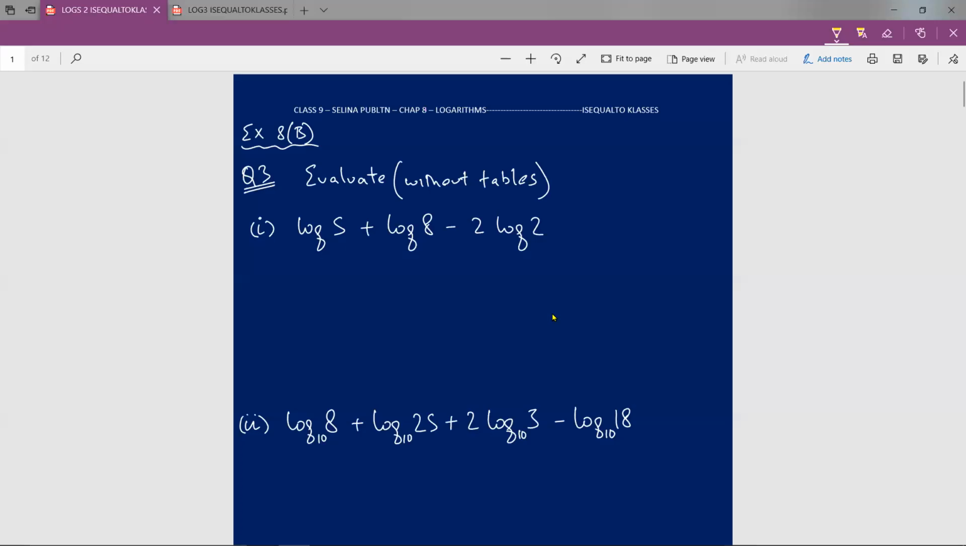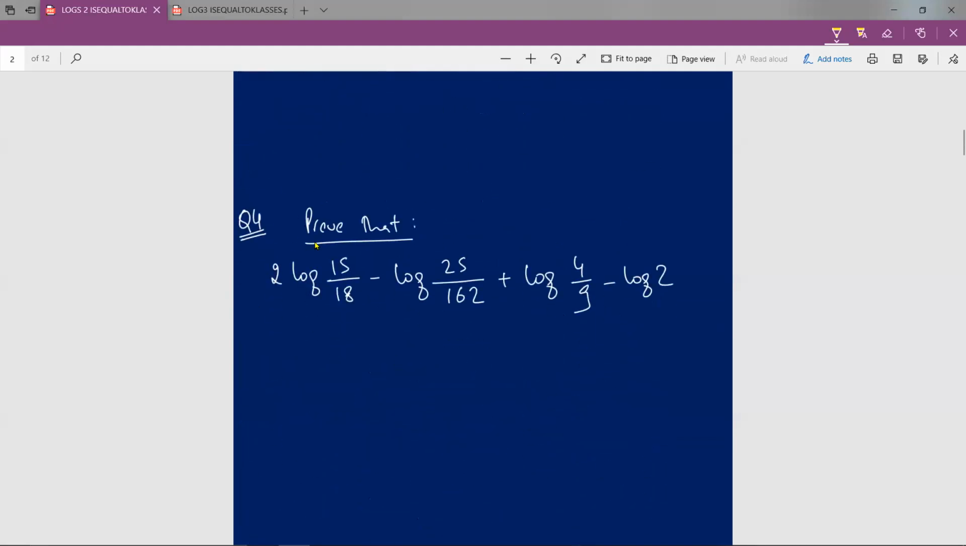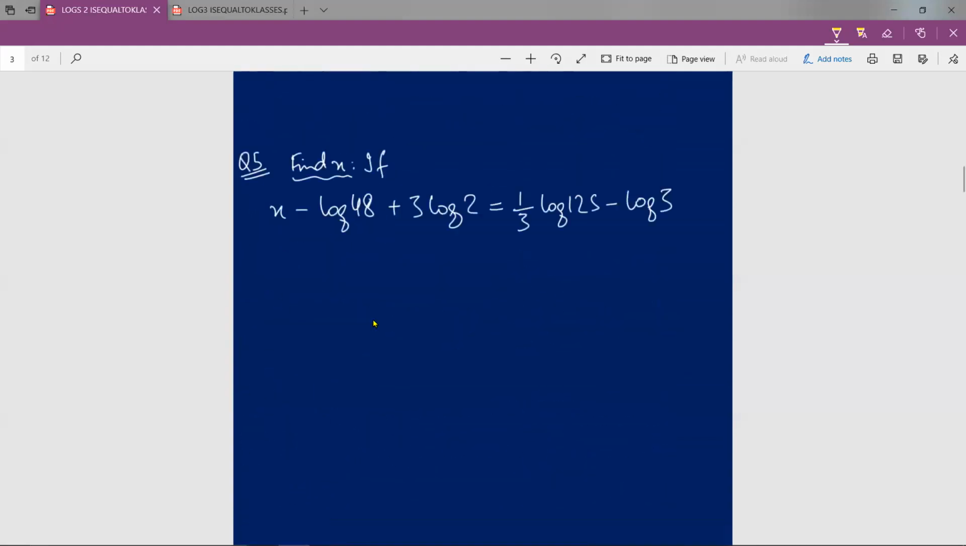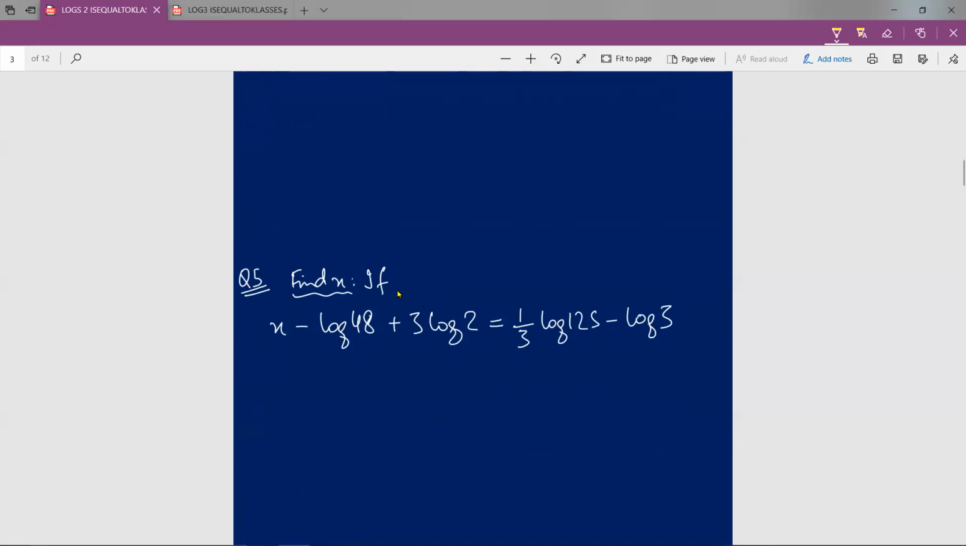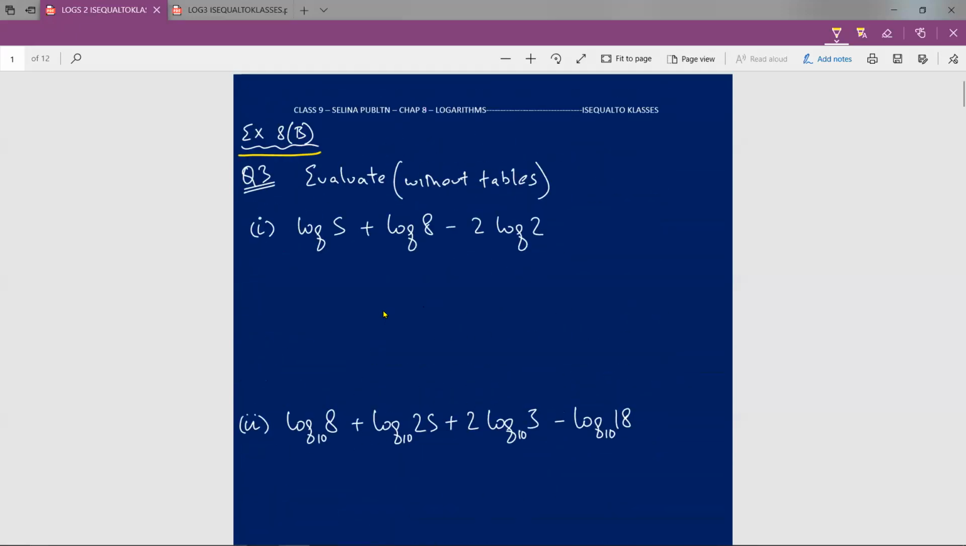Okay, so today I'll be starting with exercise 8B, and in exercise 8B, I'll be doing question number 3. I'll be doing 3 subparts of question number 3. Then I'll move on to question number 4, and then our final question, question number 5. So I'll be doing these 3 questions for this lecture, and all the problems that I will be doing in this lecture